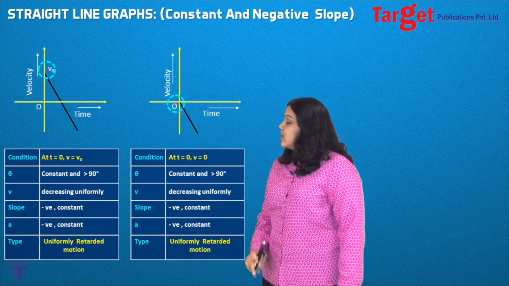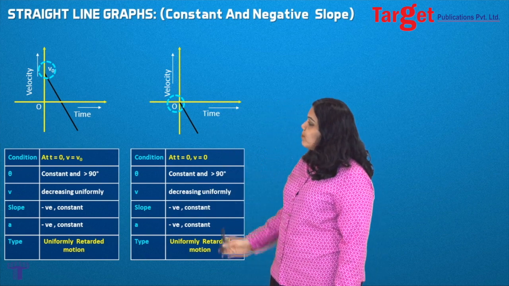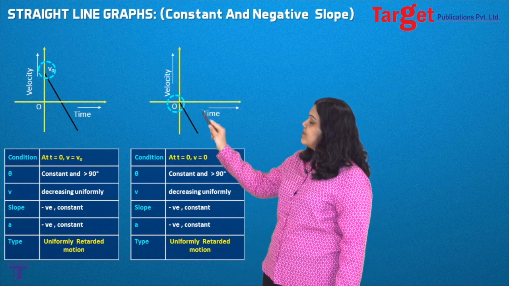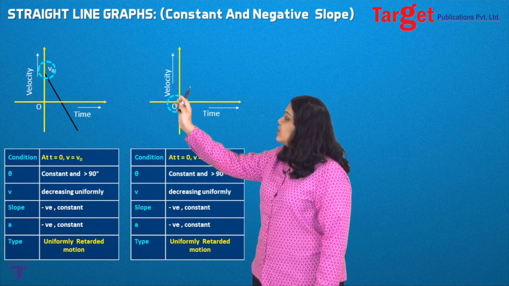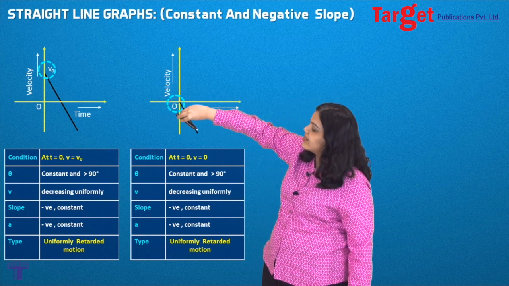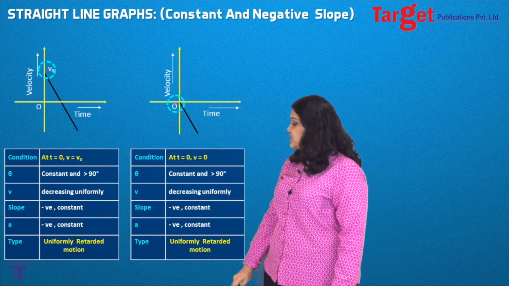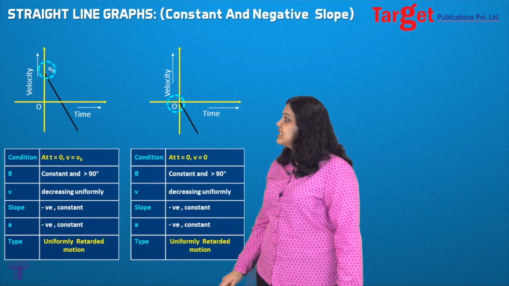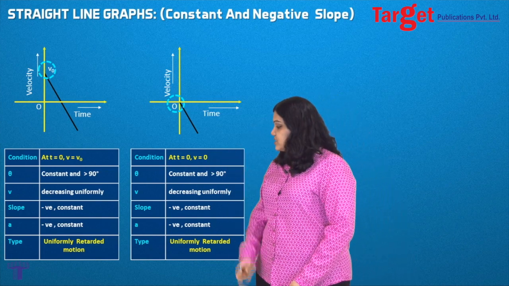The line is going to make a constant angle with the x-axis, which is going to be an obtuse angle. You can see that this angle that it makes with the x-axis is still going to be obtuse, because the angle will now be counted from here. You have to go all around and count the angle like this. You always count the angle anti-clockwise, so you still make an obtuse angle. What about the slope of the graph? The slope, as you can see, is still negative because it's making an obtuse angle, still constant because it's a straight line.